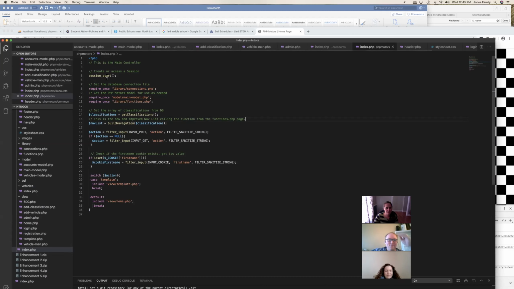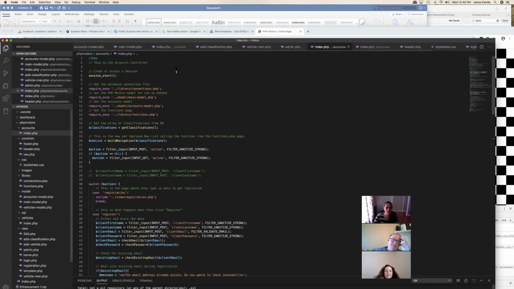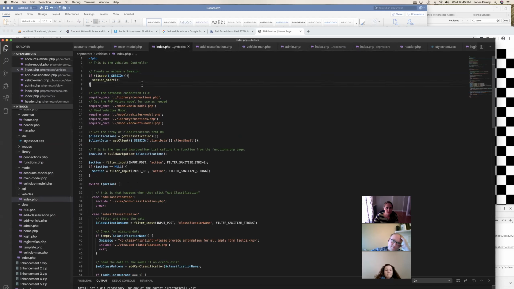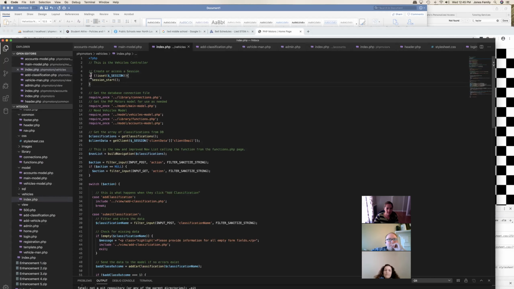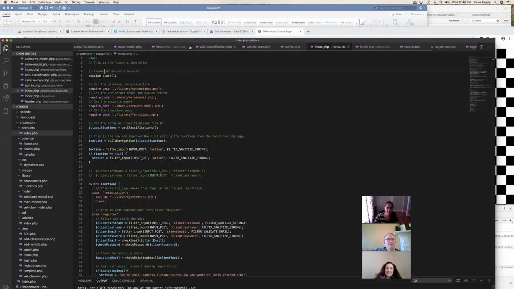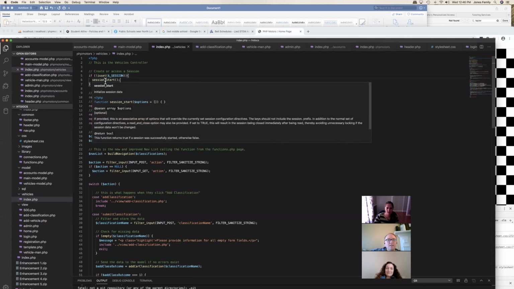Okay, so he has us create and start a session on all of the controllers. But for some reason, this controller didn't like it. It was giving me an error up at the top regarding this line. And so Cole, the tutor, just had me say, well, this is kind of a roundabout way of doing it, but it's the same thing. So it's just saying if it's not started, go ahead and start a session. But I think it's because we had already started one here and we'd started one there, and he's like, it's supposed to just continue the session, but